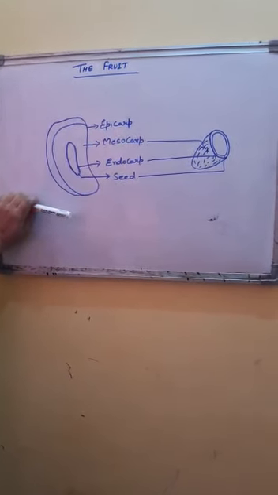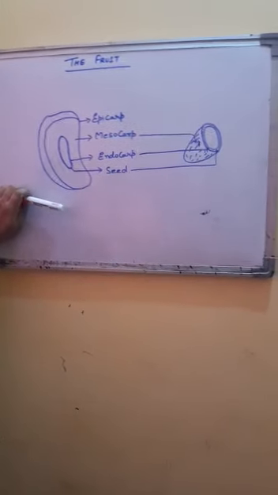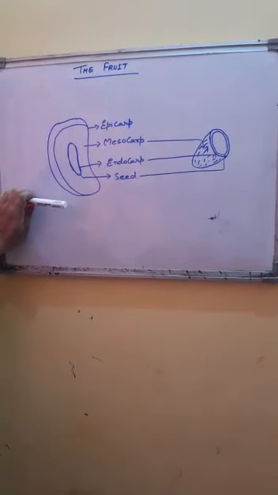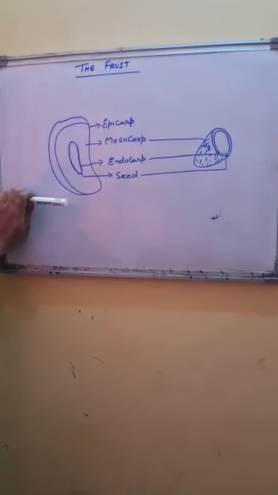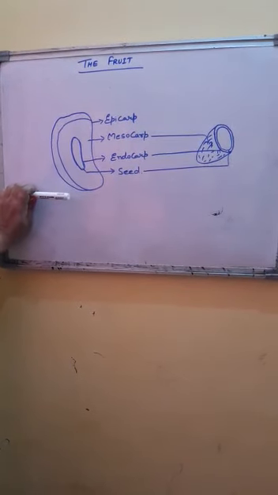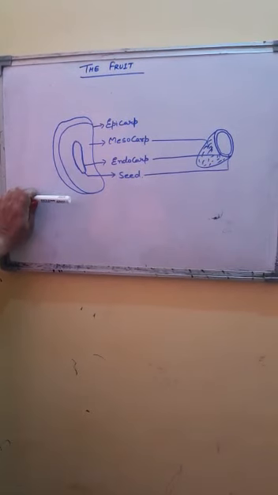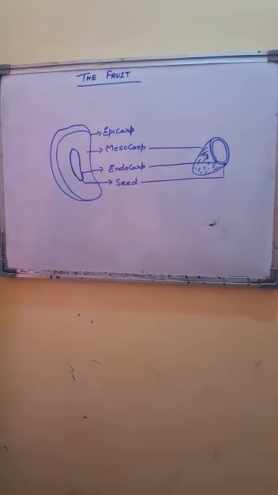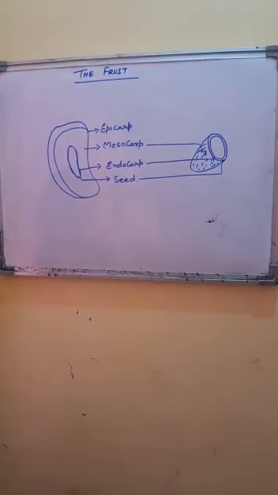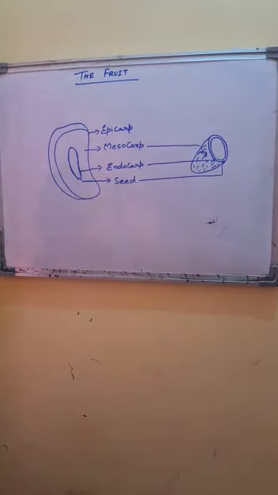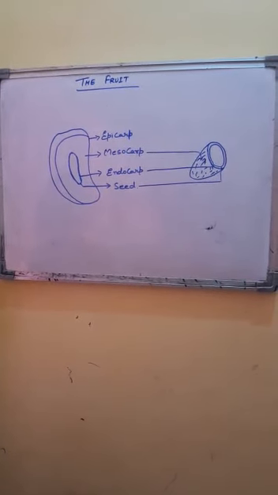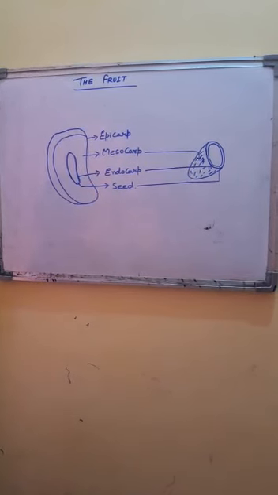Fruits are developed from ovary. As in the starting we have discussed, the matured ovary after fertilization develops as fruit. If it develops without fertilization, it is called parthenocarpic fruit. Sometimes the fruit is derived from some other part of the flower than the ovary. Sometimes the ovary is not developed as the fruit, but some other part of the flower develops as fruit.